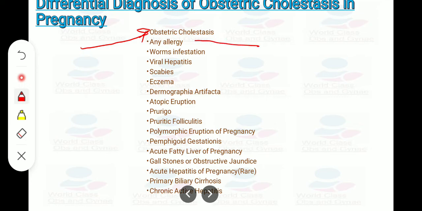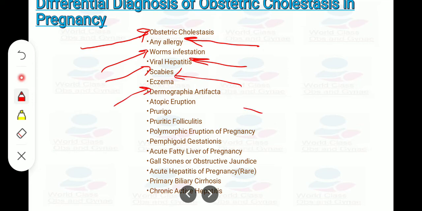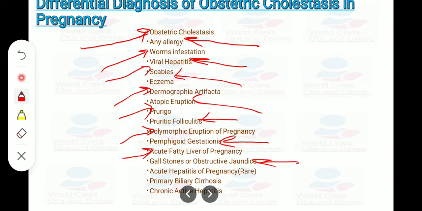Secondly, we have to think about any allergy as well, or worm infestation, or viral hepatitis, or scabies, or eczema, dermatographia artifacta, atopic eruption, prurigo, pruritic folliculitis, polymorphic eruption of pregnancy, pemphigoid gestationis, acute fatty liver of pregnancy, gallstone or obstructive jaundice, and acute hepatitis of pregnancy, which is a very rare condition, primary biliary cirrhosis, and chronic active